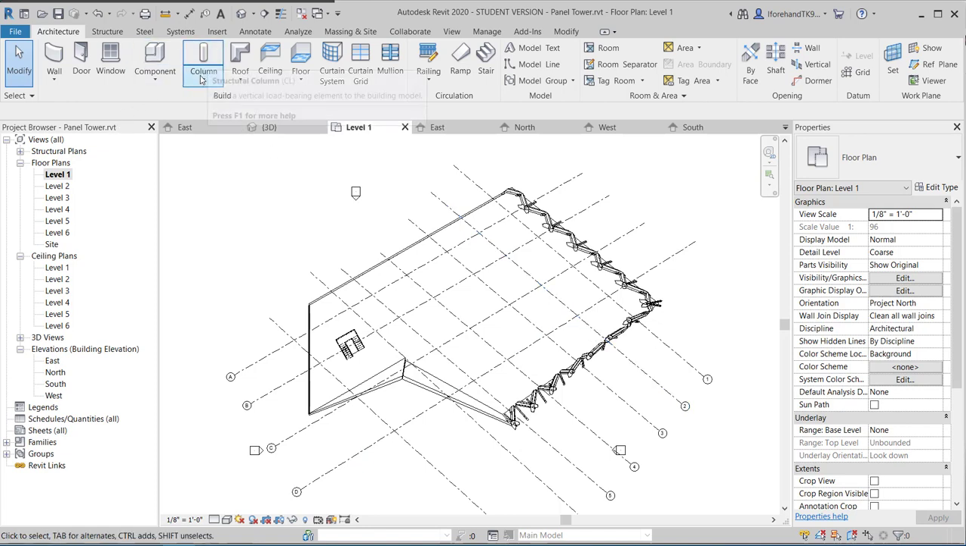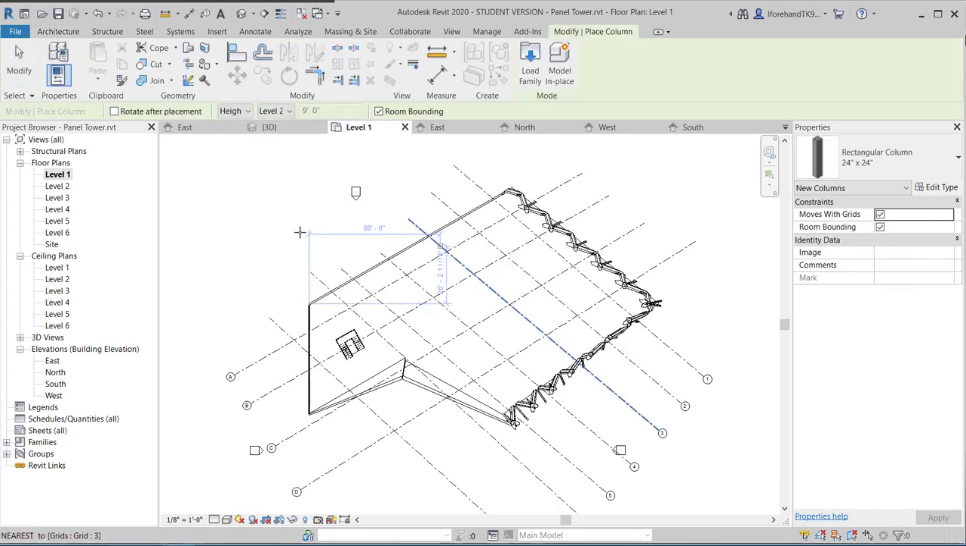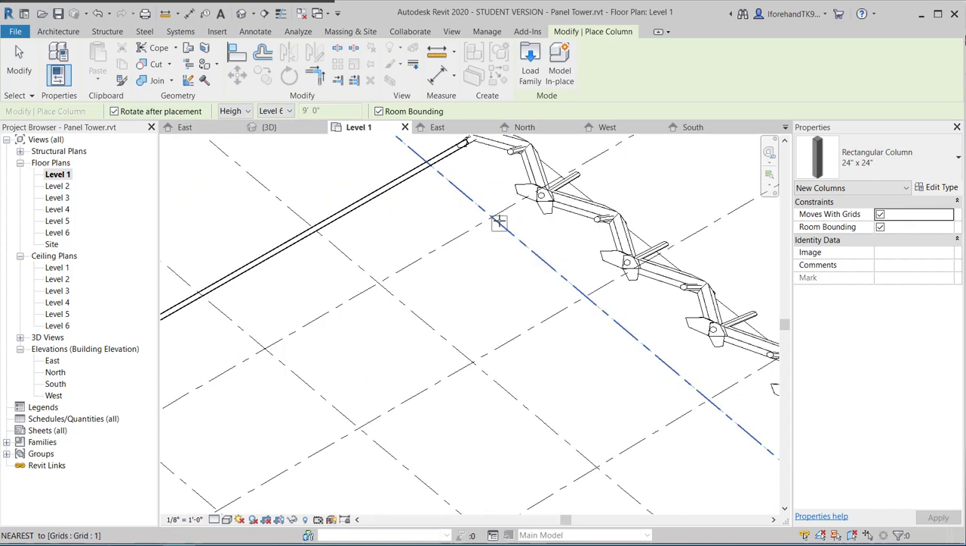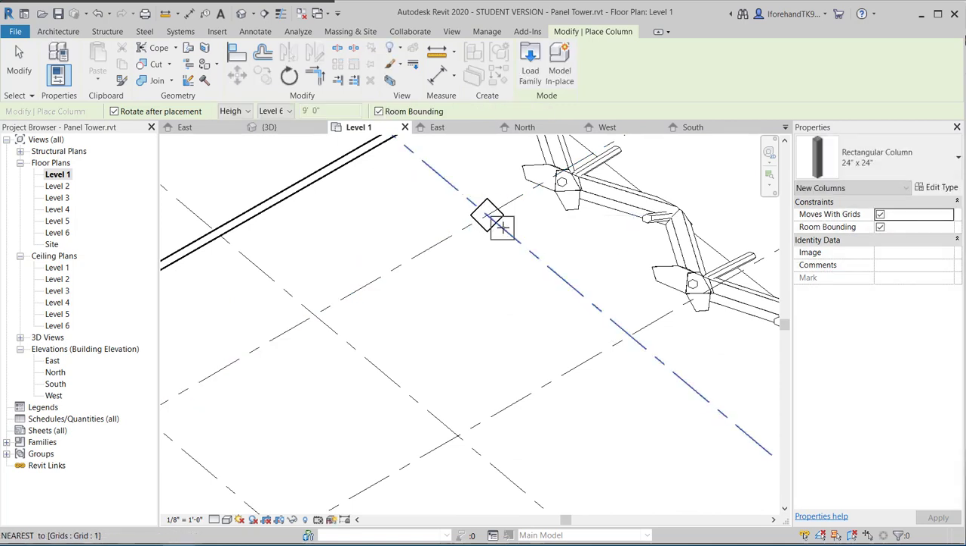Next thing we're going to do is put columns in. We're going to do first architectural columns. We will actually do both of them. But first we'll start with architectural. You can place them up to level 6, so that means you only do 1, and I'll show you with my weird twisting building the issues I have. You can rotate it after the placement, so as you can see, rotate after placement is